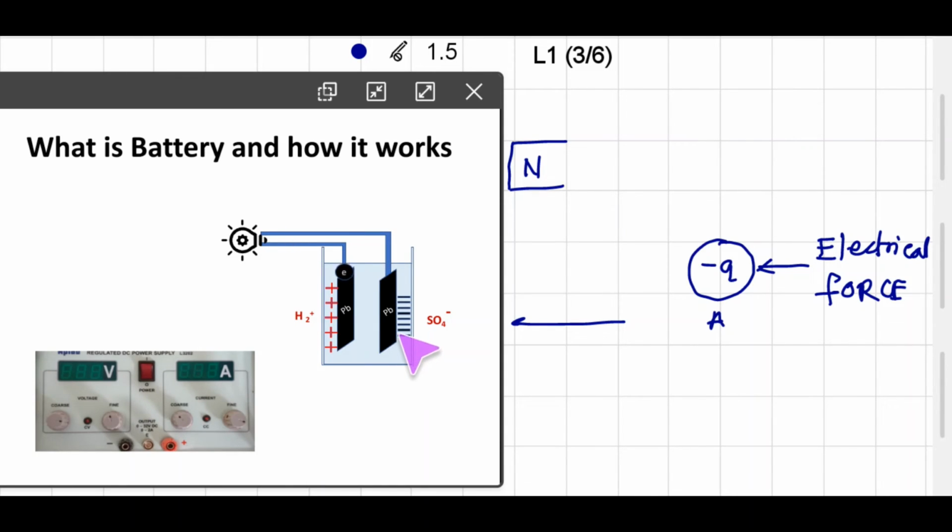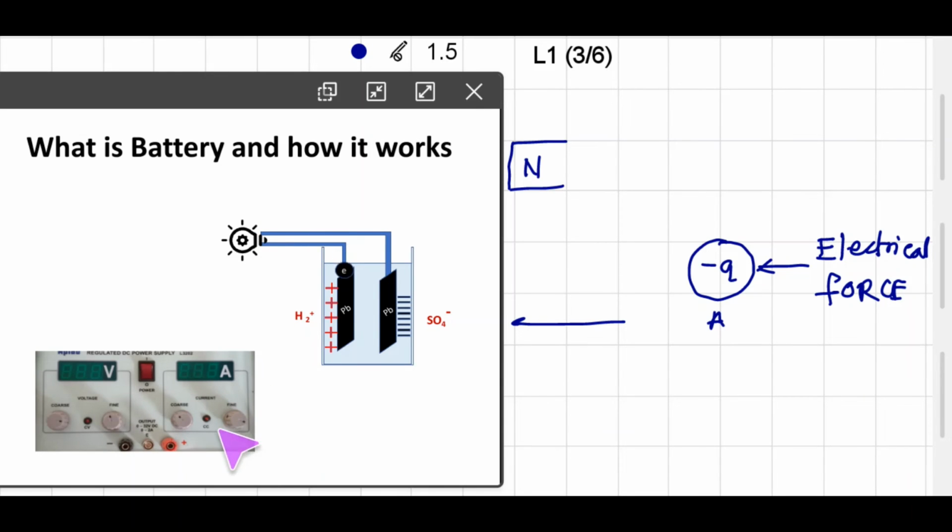So here it is, this is called the negative terminal of the battery, this is the positive terminal of the battery, and whatever circuit we want to get worked is connected between these two terminals. You will see in the laboratory we get this kind of power supply. This power supply is actually not this kind of battery, but here AC is converted into DC, that kind of power supply is there.